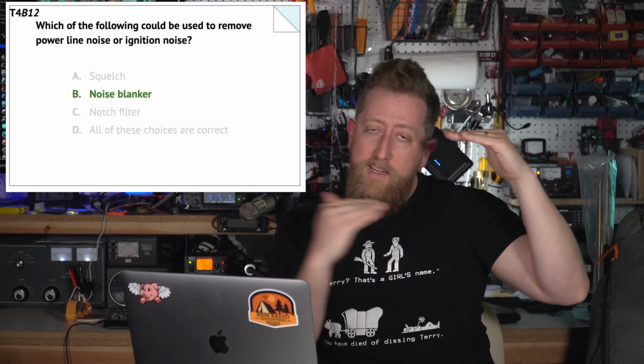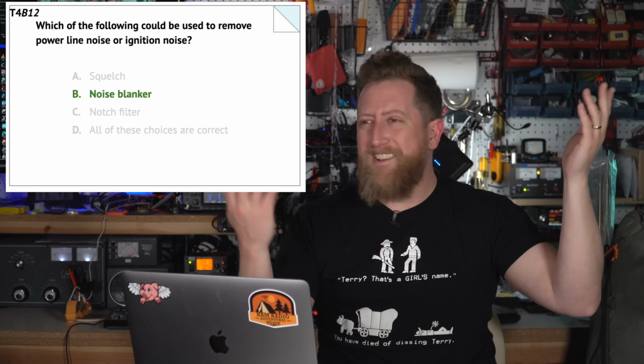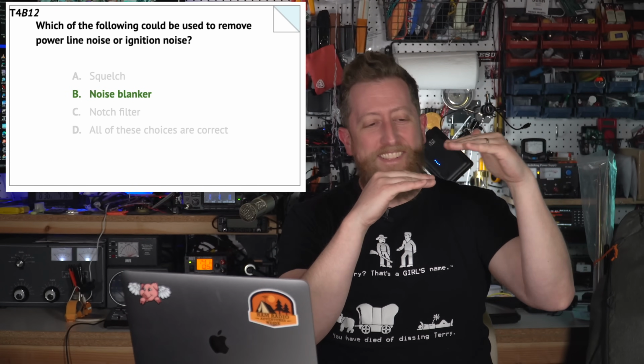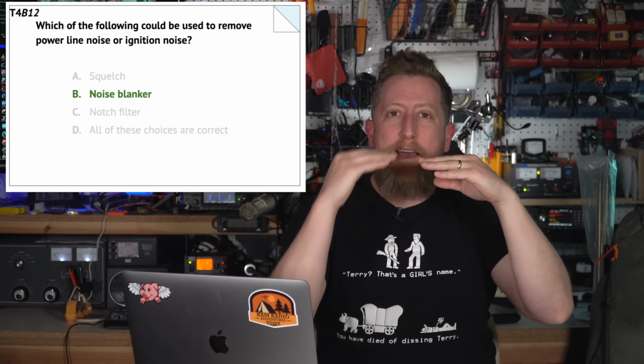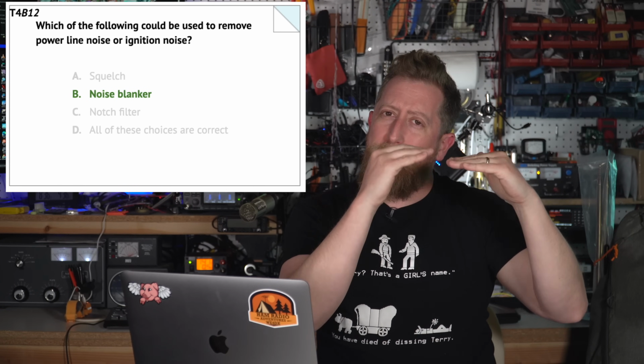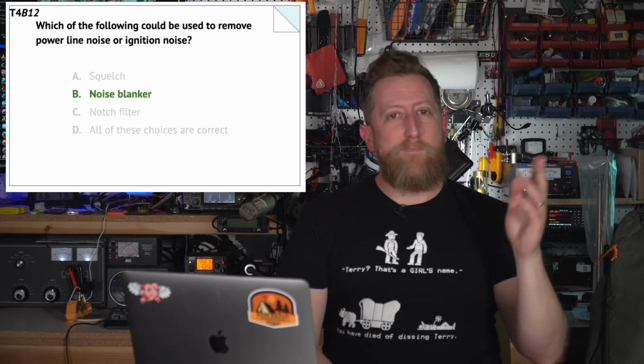If you had a weak signal down here somewhere in the Poconos, and the power line noise was above that signal, the DSP can't pull that person out. It can help if it's kind of close, and it'll definitely make things a lot clearer, but that person... I said Pekingese, I think I meant Poconos. If that person, let's not even say the Poconos, let's say Thailand, that DX station, you're probably not going to be able to pull them out necessarily.